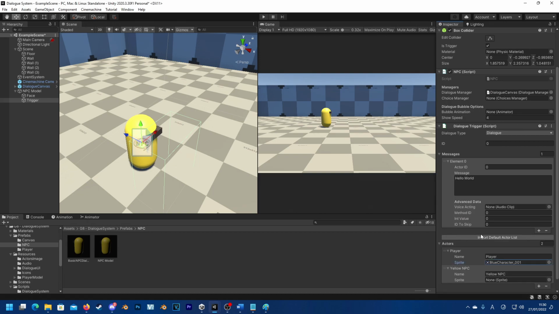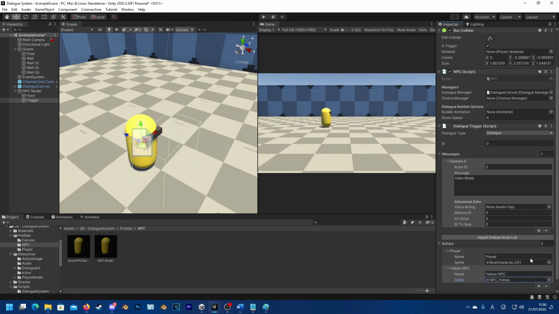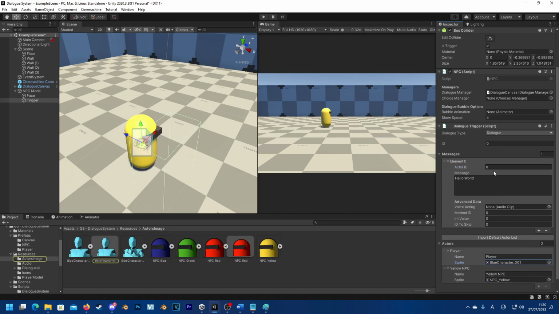And now I'm going to set some pictures for our characters, and we can use the actor ID to just take the player and the picture we want. We just need to count on the index. So if player is 0, yellow NPC is 1, and if you want the yellow NPC,